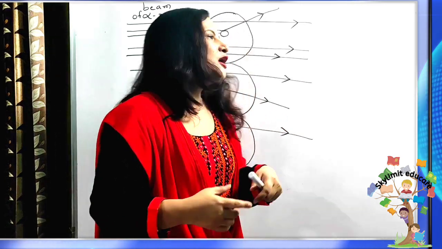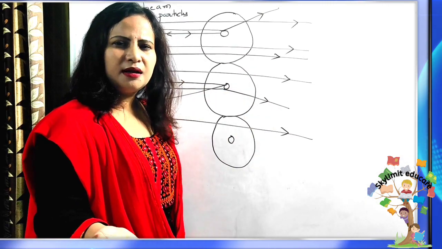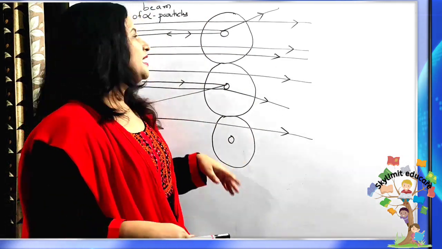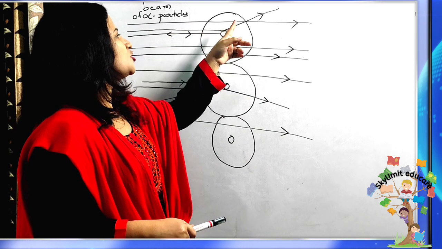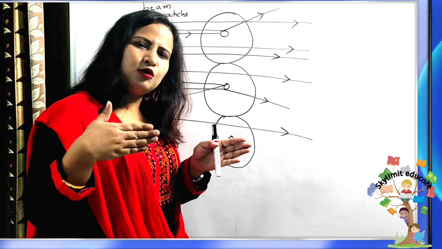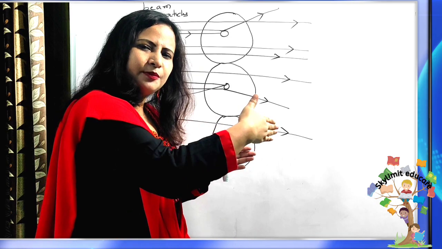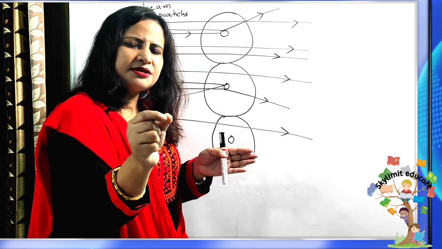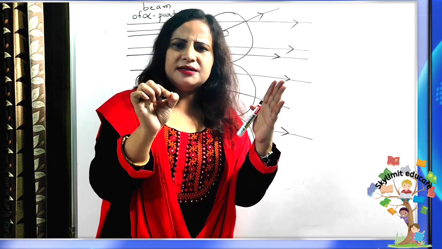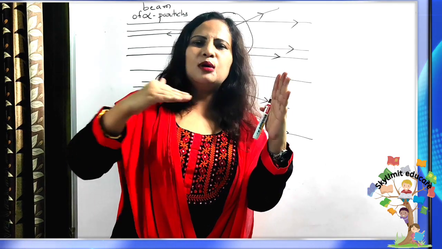Positive charge, right? So first thing, most of the alpha particles pass straight through the gold foil. That shows that most part of the atom is empty. Secondly, some alpha particles showed deflection by small angles. That means they went a little close to the nucleus, and since like charges repel, they got deflected by small angles. And 1 in 10,000 got deflected by large angles, because these are those alpha particles which directly hit the nucleus of the gold and bounced back.